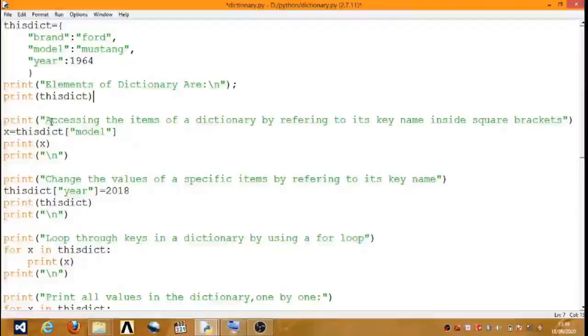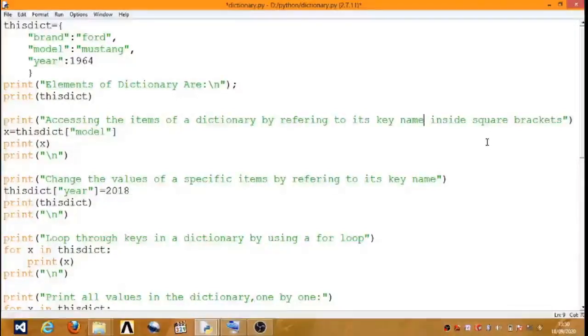Next, print in bracket double quotes, accessing the items of a dictionary by referring to its key name inside square bracket. By using the key name, we can access the value of elements in dictionary.